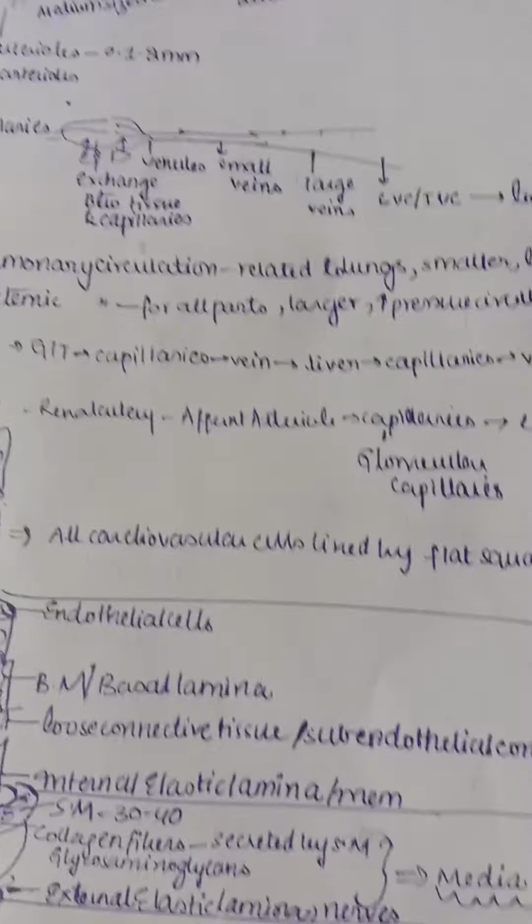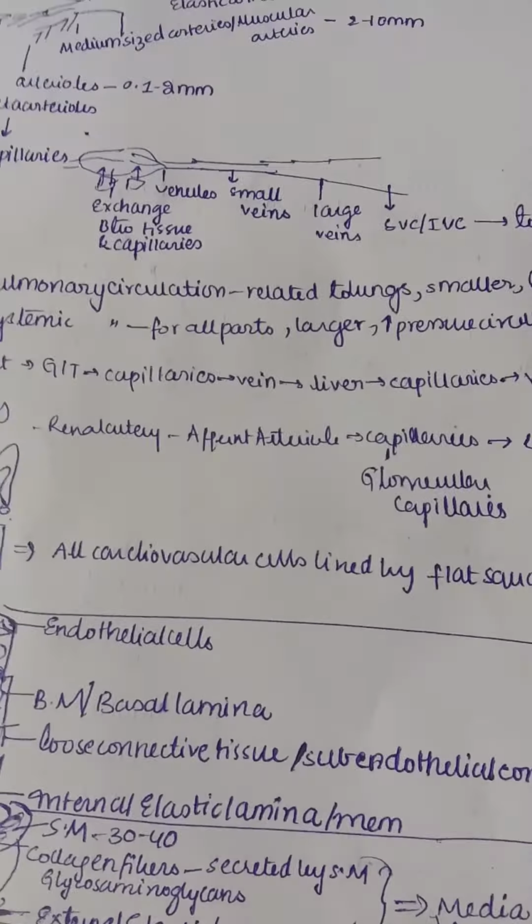Now let us see first what happens: arteries enter into the GIT where they form the capillaries, and those capillaries in turn form the vein, and the vein reaches the liver. Next, in the liver it again forms capillaries. So you can see there are 2 times capillaries. Actually the normal flow is artery going into GIT, forming capillaries, veins, that's it. So the vein should go into the heart now.